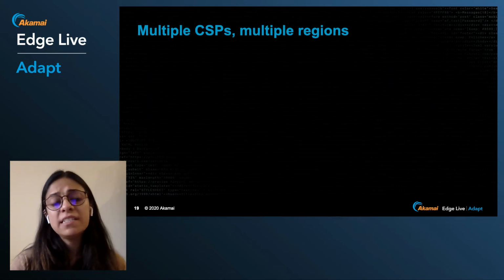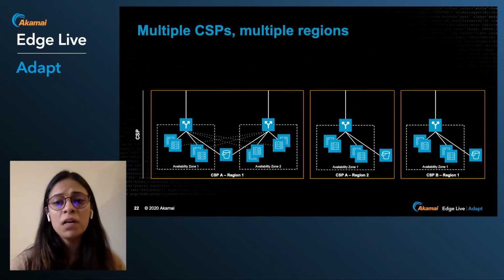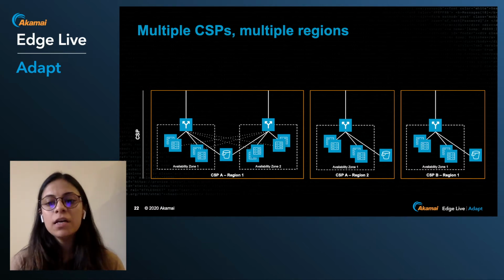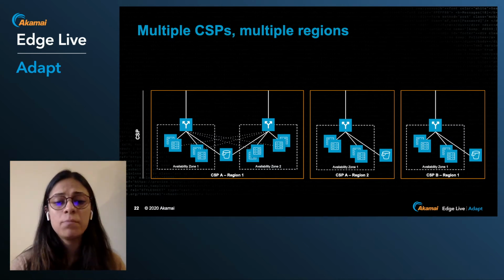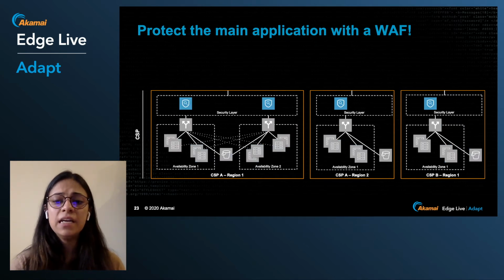A high availability setup would look something like this. You have multiple CSPs with multiple regions and availability zones within which you've deployed a multi-platform application. Given that Akamai is a SaaS provider, it needs to comply with any security and compliance regulations that are set by the industry. So the first thing the marketing team does is add on a web application firewall. And we add this web application firewall across all these different CSPs that can defend against the most common application